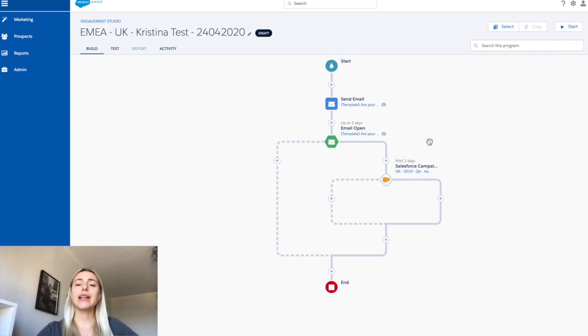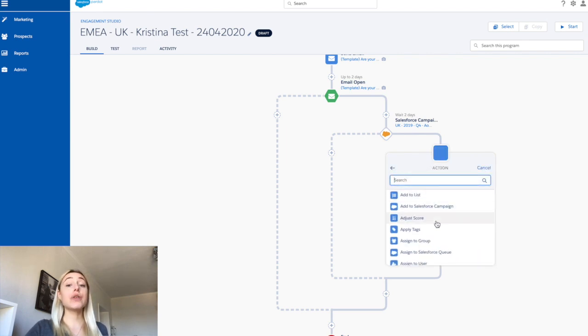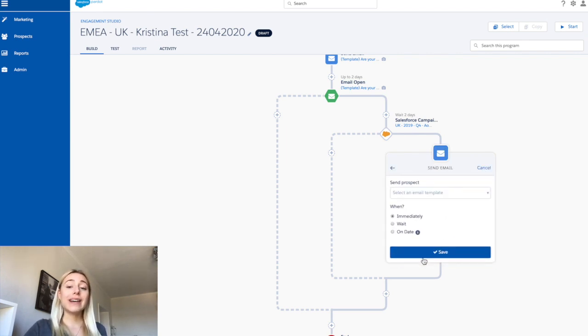So now we are slowly creating a nice flow. We send out invitation, we then check whether they opened our invitation. We then wait for 2 days and check whether they actually registered for our event. And then if they registered for our event, obviously, as I said in the beginning, let's imagine our event is in 1 month time. So I want to then be able to send them a reminder 1 week before the